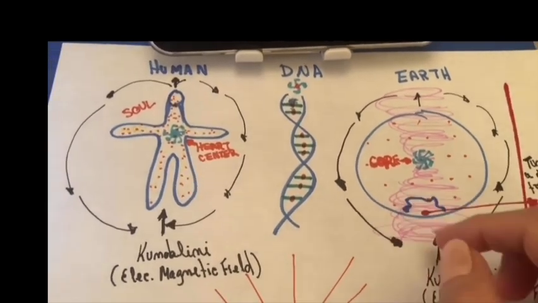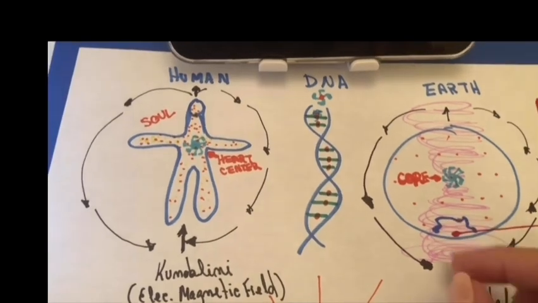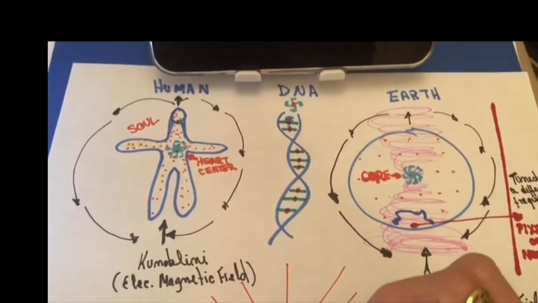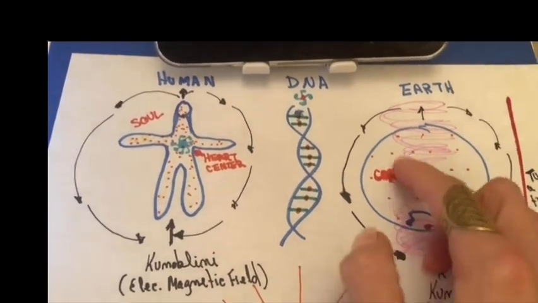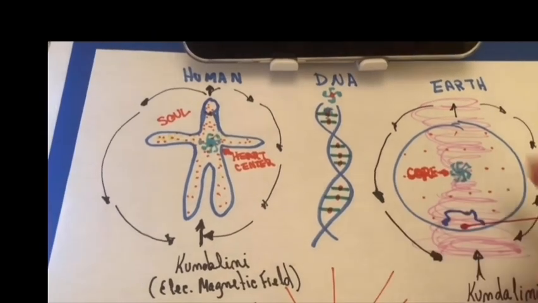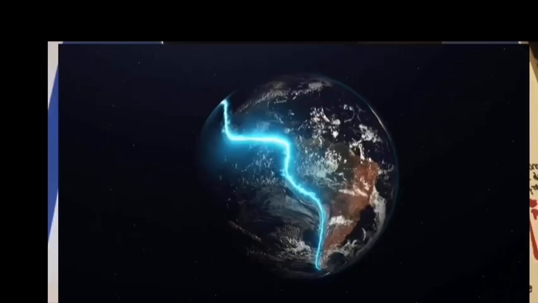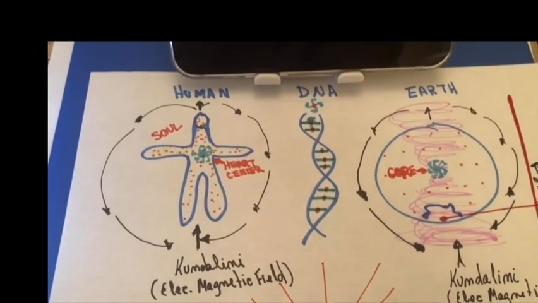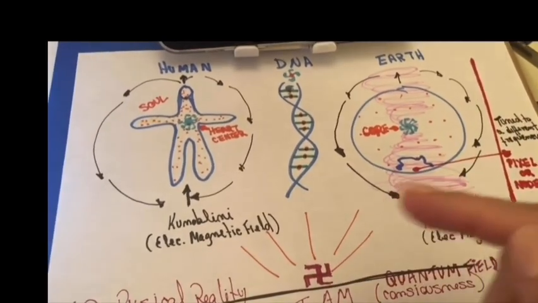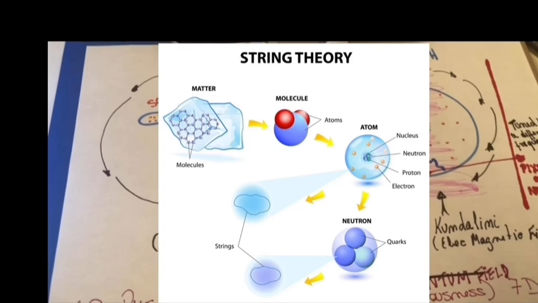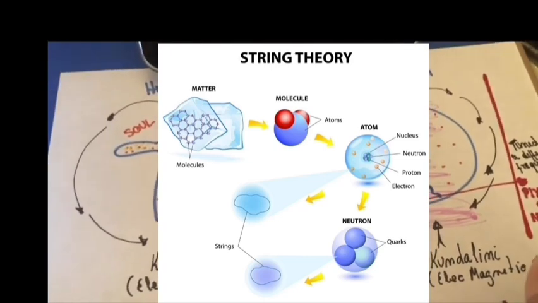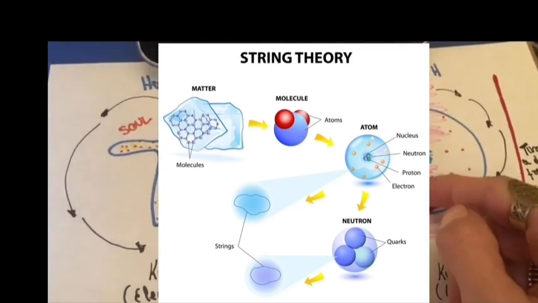So the electromagnetic field, the same one that ignites an orgasm, because they talk about the snake, right? Well, this is an energy field. It's a filament of energy, and every atom has it inside, and they know it as string theory. Well, that string, that filament of energy comes through,